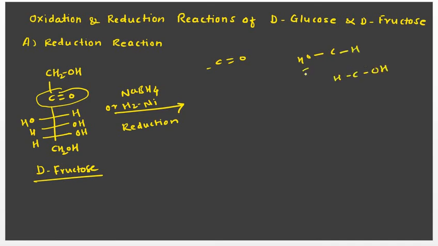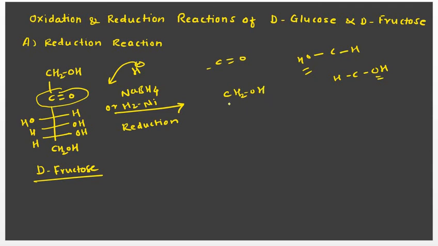That means either this hydroxy group will come on the left hand side or on the right hand side. It depends upon the hydride's direction. Now this NaBH4 is nothing but a hydride donor, so it will give hydride. This hydride will attack this carbonyl carbon from below the plane or from above the plane. So there are two directions of attack of this hydride on the carbonyl group, and depending upon that we can get two products here. I will draw the structure of the two products so you will understand.